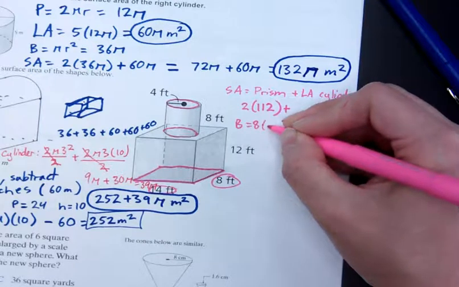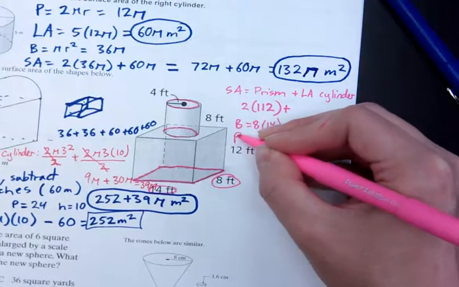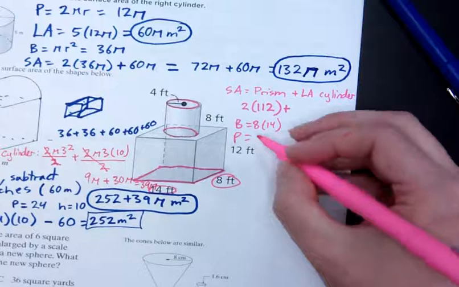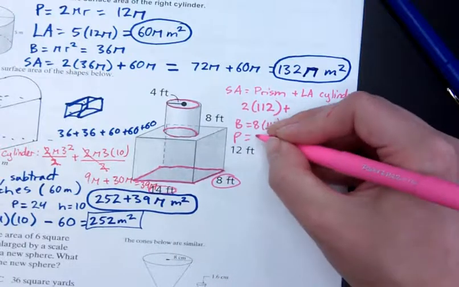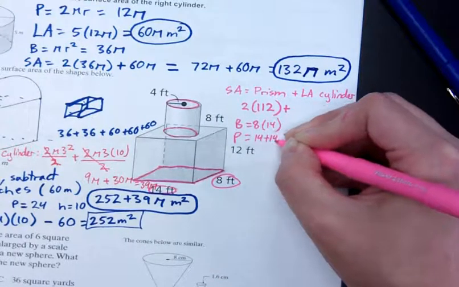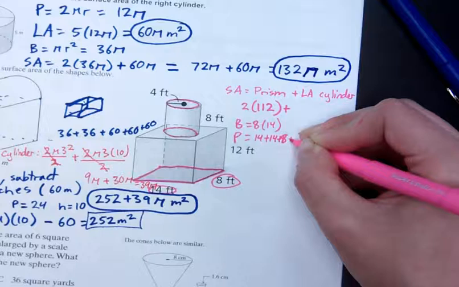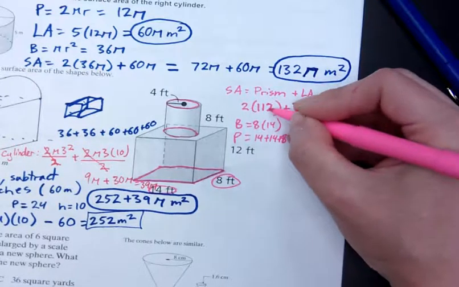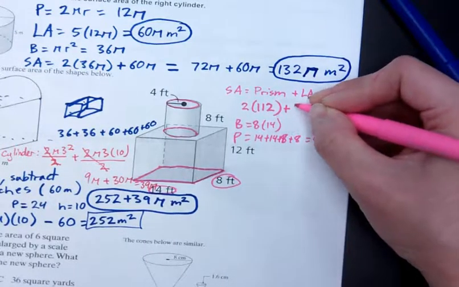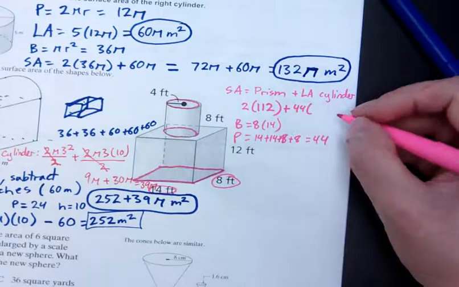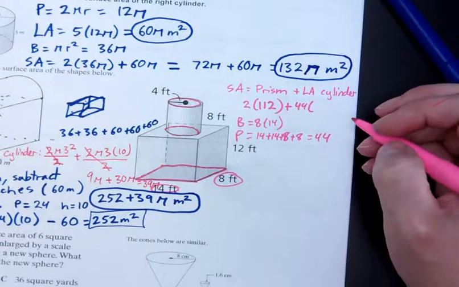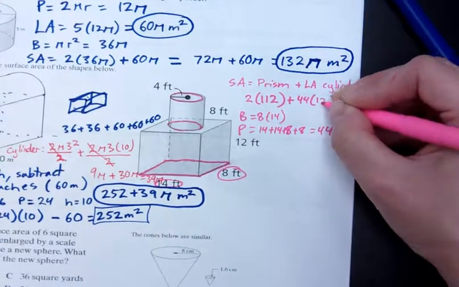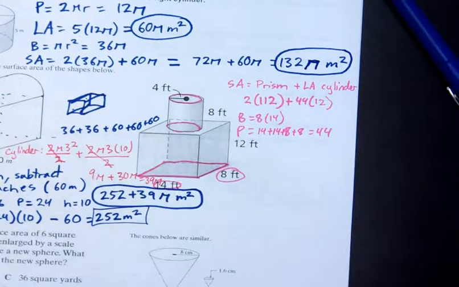Perimeter of the base is 14 plus 14 plus 8 plus 8. 44. So 2 times the bases plus 44 times the height. What's the height here? 12. Okay. And then our cylinder,